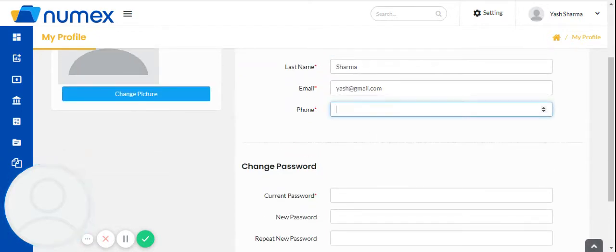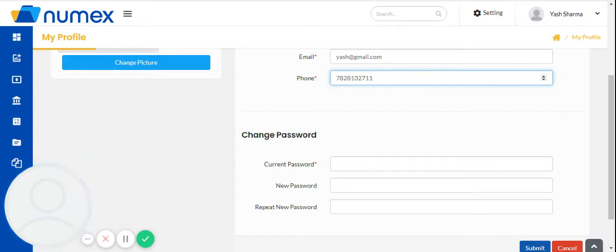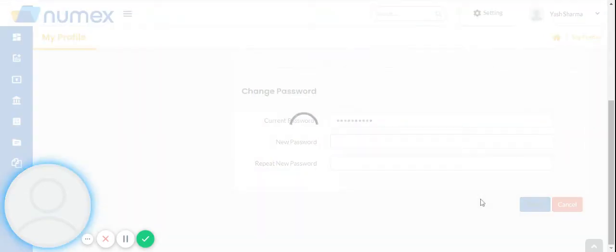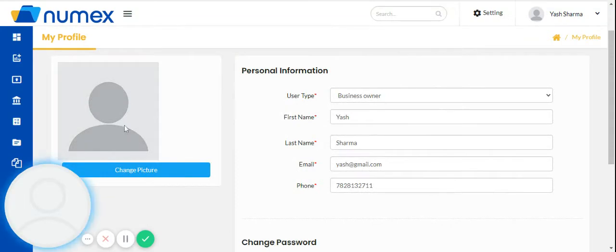You can enter your telephone number here. Whatever the pending details which you didn't enter while registration, you can enter here. After entering, you have to enter your current password. This is for your safety purpose, that no one can change your personal details. Only you can change because only you know your current password. So this is your My Profile page where you can see your personal details like your profile picture,